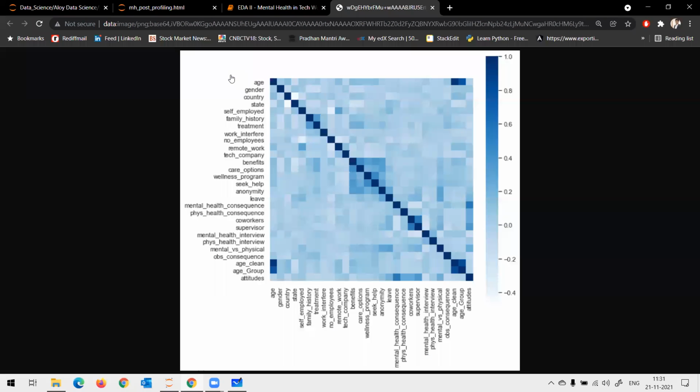Okay, so coming to the heat map, you can see here that age clean and age group are highly correlated.